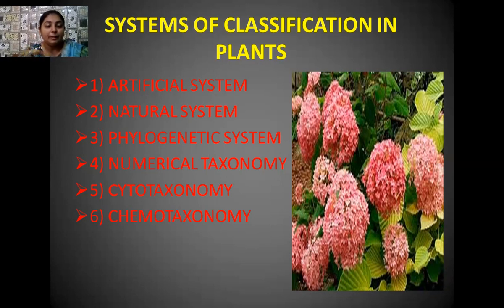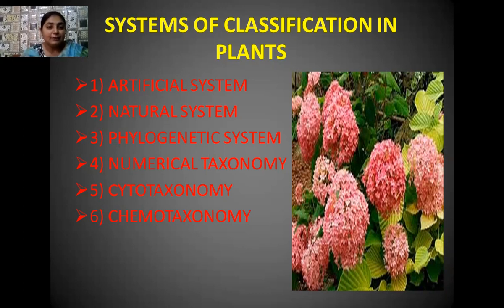All of you remember very well that this natural system of classification was introduced by the scientists Bentham and Hooker, and it is also known as the Bentham and Hooker system of classification. It is the system generally used for classification of flora of the Indian species, because both of these scientists were Britishers, and before independence, India was under the British rule.